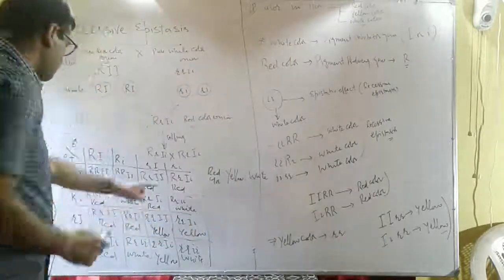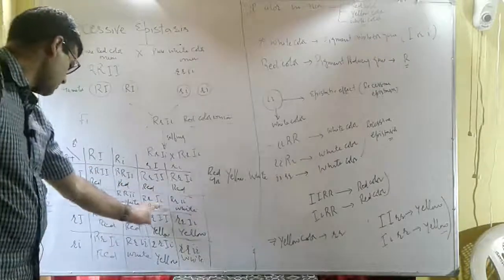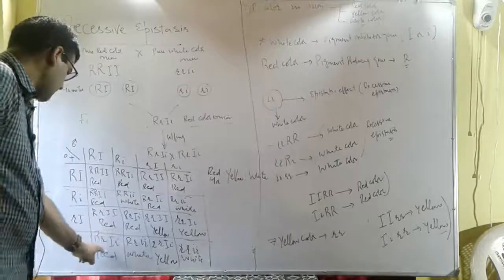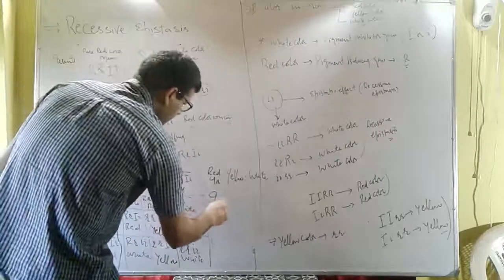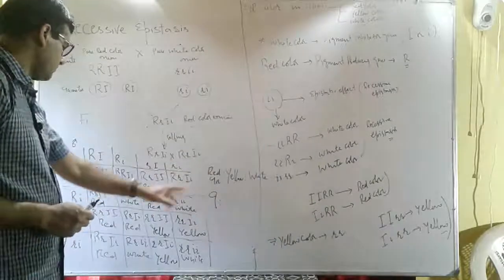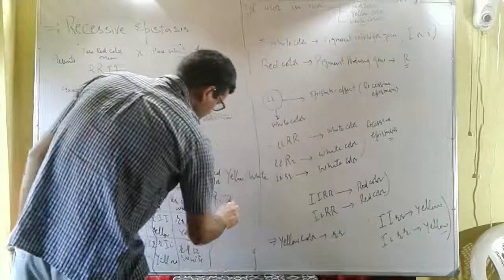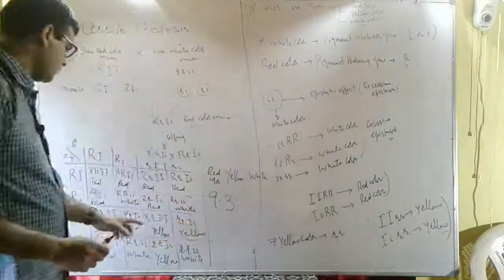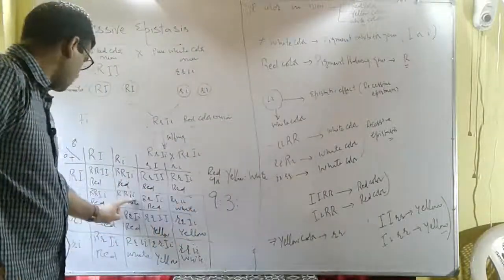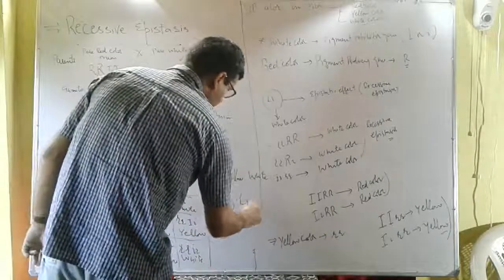How many red color are? 1, 2, 3, 4, 5, 6, 7, 8, 9. 9 red color onion. Then 3 should be yellow color. We have 1, 2 and 3. 3 yellow color onion. 4 should be white. 1, 2, 3 and 4. This is 4,